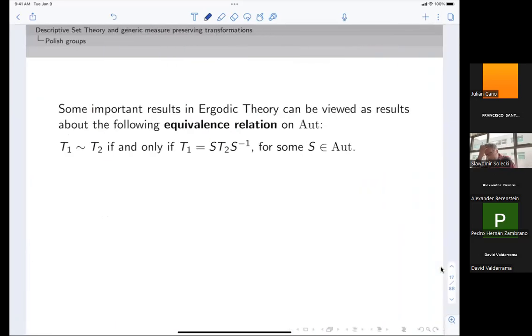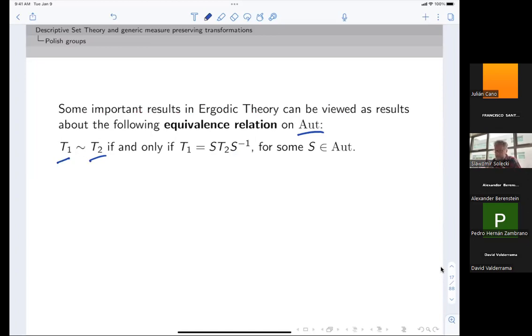Okay, so as I mentioned, some important results in ergodic theory can be viewed as results about this group. In particular, there is a specific equivalence relation on OT that is of special interest. This is the equivalence relation essentially of isomorphism. I have two measure-preserving transformations, elements of OT, T1 and T2, and I would consider them as isomorphic if